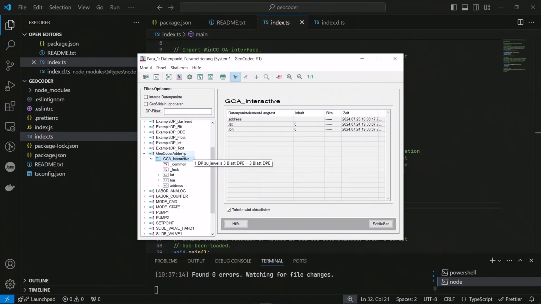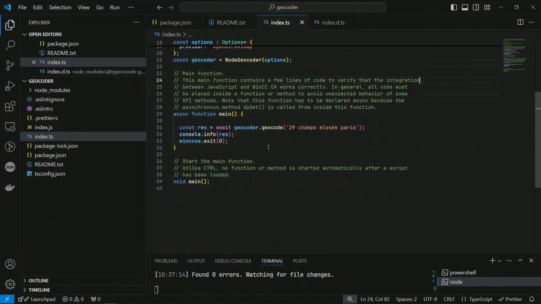So what we want to do is a query connect to get all the data points of this data point type. And then whenever an address is added, a data point is added, or an address is changed, we will get notified and can send the address to the geocoder to get its coordinates. To do so,